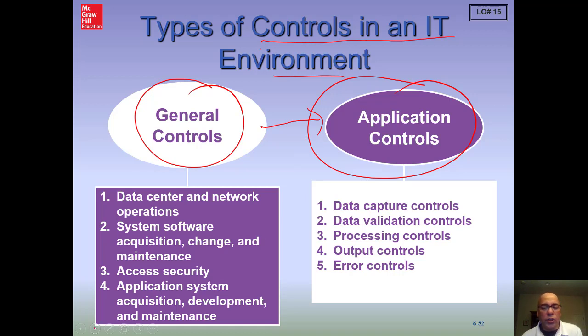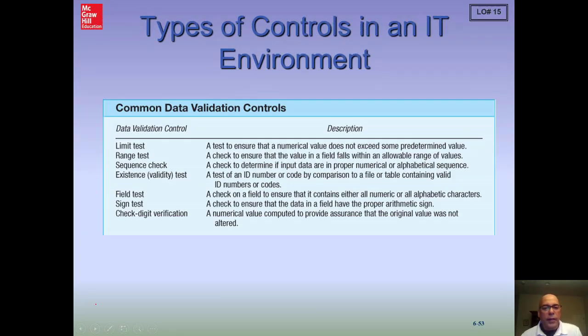And you could see some examples of IT type controls, for example. Limit test was something that I was describing there. We don't want a paycheck to exceed a predetermined value. Check digit: if we're entering information, it's supposed to be a payroll transaction, the first digit should always be 8 or something like that. So these are examples of common validation controls.